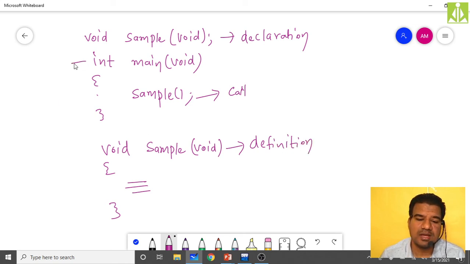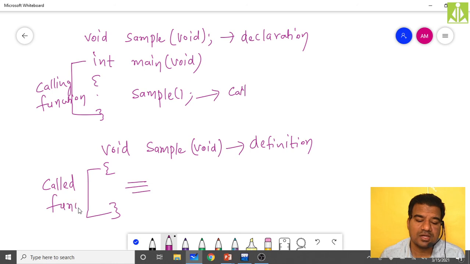This is my calling function because it is calling my user defined function sample, and over here this is my called function. Calling function, called function. So in general, always the calling function will call the called function.